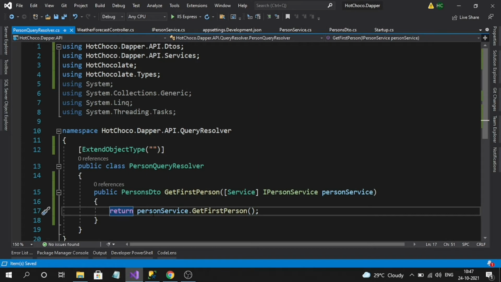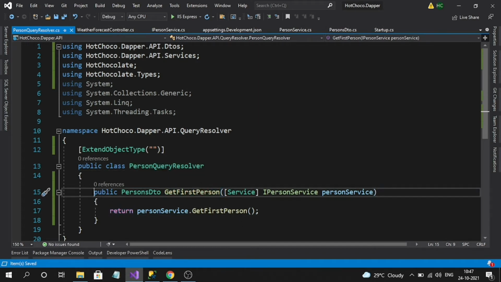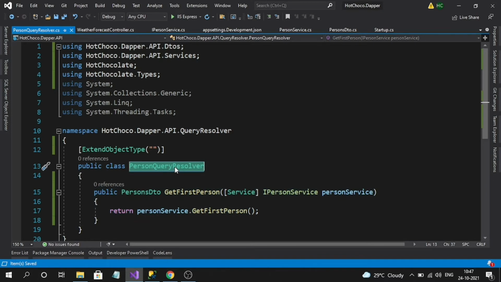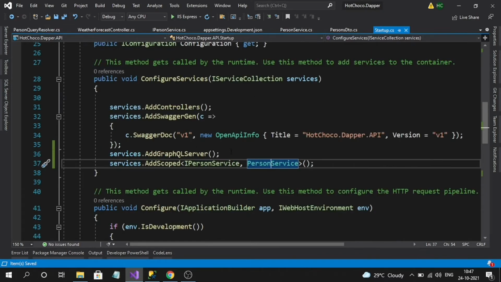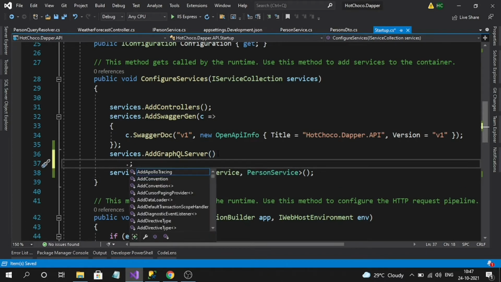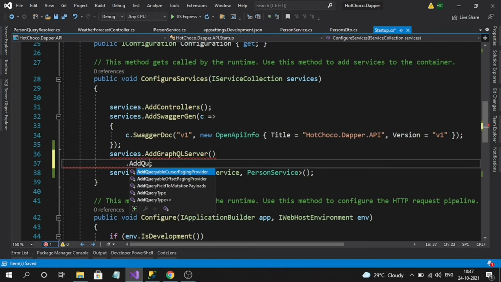That's it. So here we have created the resolver and the method. This is the entry point for my request. Now we need to register this as well in the startup. So go to startup, and we will extend this AddGraphQLServer, and first let's define the add root query name type.